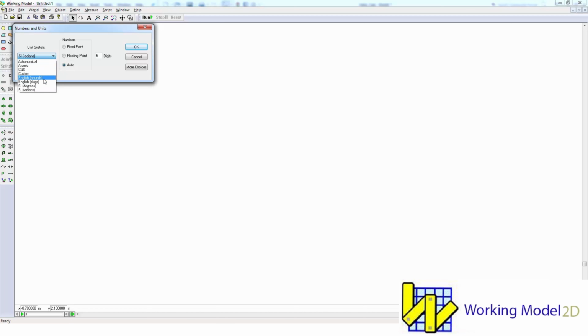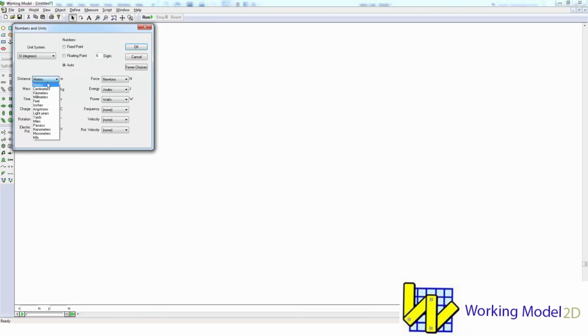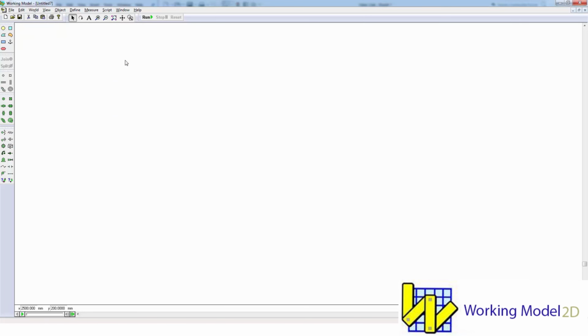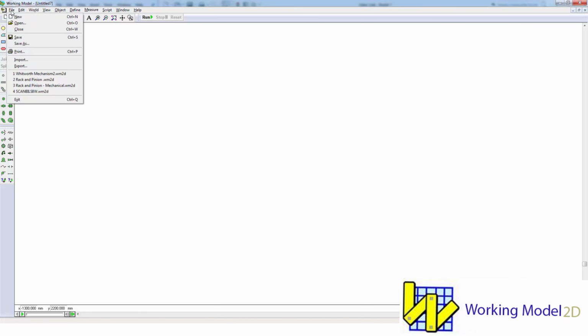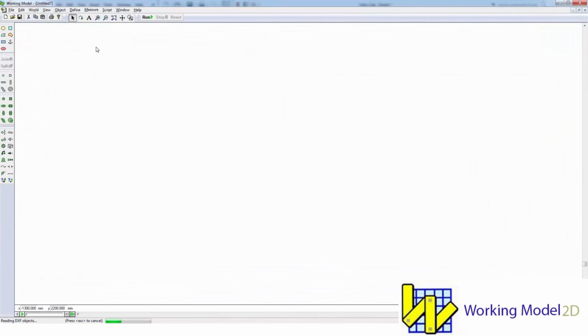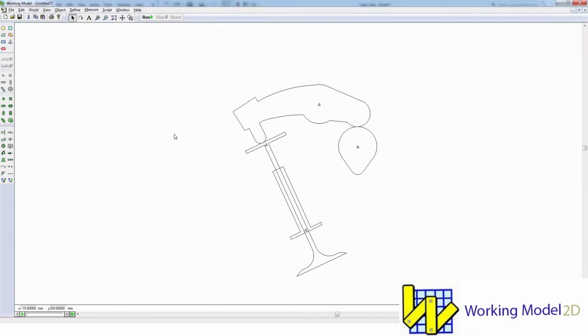Again, we explained a lot of these features as we went through them in the previous video, but we'll choose SI degrees, and then we'll change the distance to millimeters. Click OK, and now we'll go ahead and read in the geometry. So we'll import. We have that DXF file that I saved previously, and there's our geometry.